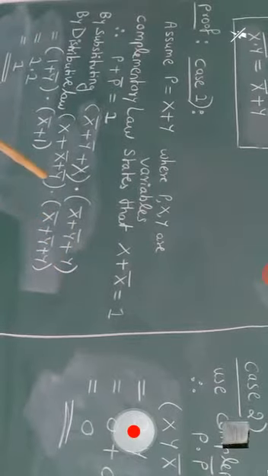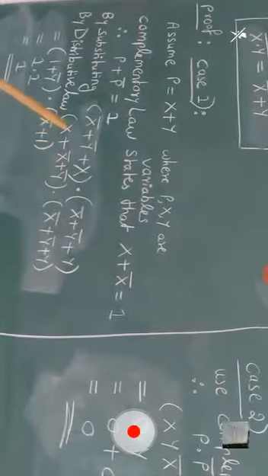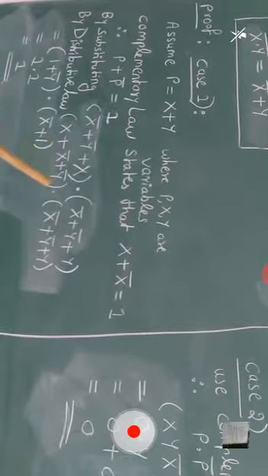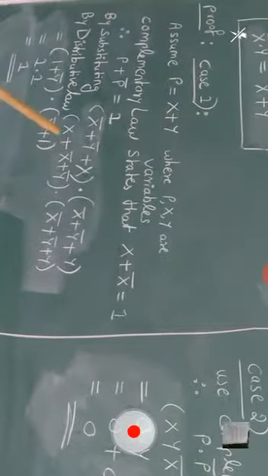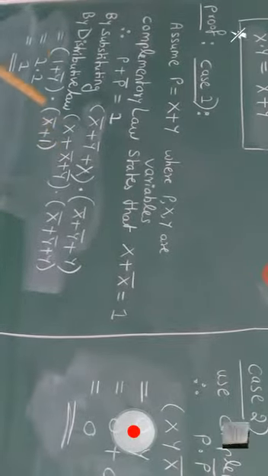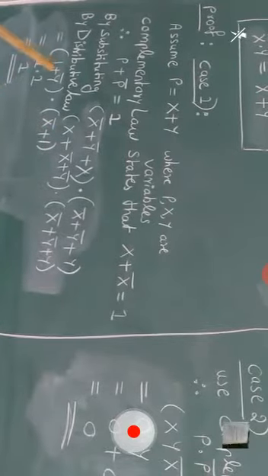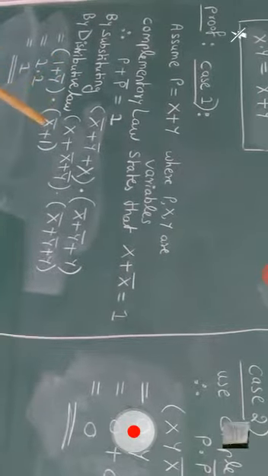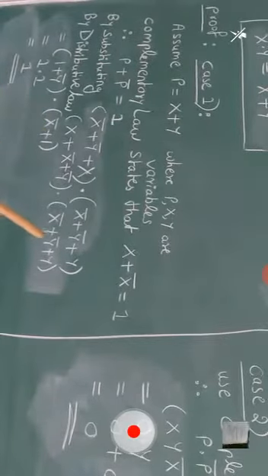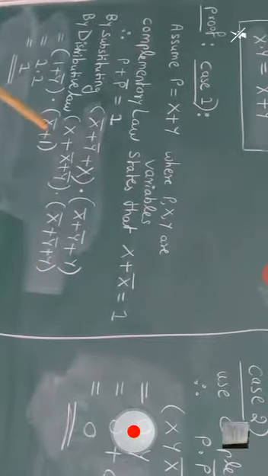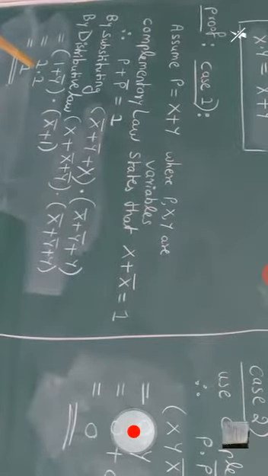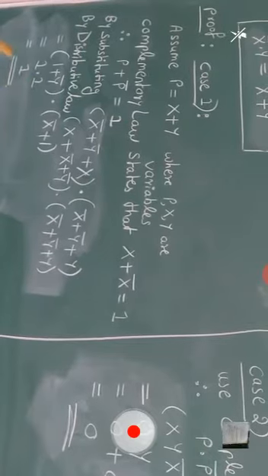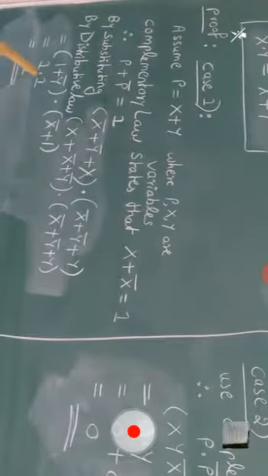Then we will get (x bar plus y bar plus x) into (x bar plus y bar plus y). Okay, by the distributive law, when I rearrange the terms, what I will get is (x plus x bar plus y bar) into (x bar plus y bar plus 1)... So we know that as per the complementary law, x plus x bar will give me the answer 1. Hence 1 plus y bar into x bar as it is. Here y bar plus y will give me the answer 1. Okay, so I will get finally 1 into 1 is equal to 1. So this is our case 1.